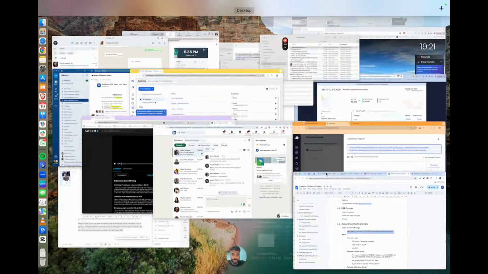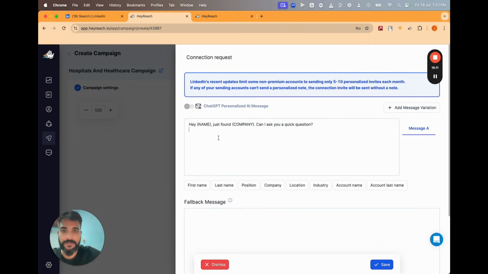Just found out company name. Hello, these are hospital people, so instead of name, we can say first name. Just found out about company. Or we can do the one that is working for me.